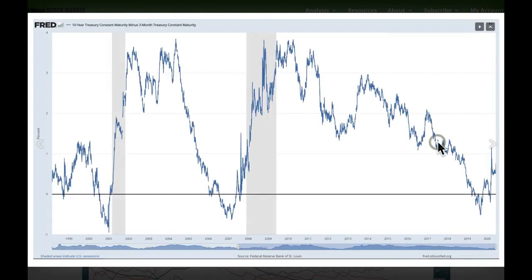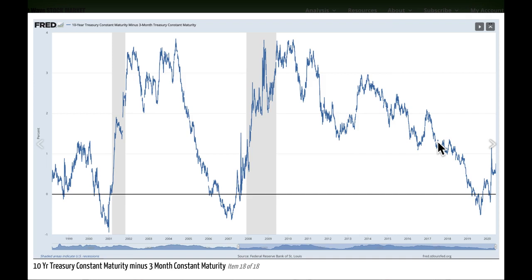And finally, let's take a quick look at the yield between the 10-year Treasury maturity minus the 3-month Treasury maturity. When this chart is below the zero line, we say the yield curve is inverted. When this happens, usually a few months to about a couple of years later, we enter a period of economic recession. It happened back here at the end of 2000 into 2001, and then we had an economic recession, which corresponds with that huge bearish move in the S&P, which we call the dot-com crash.